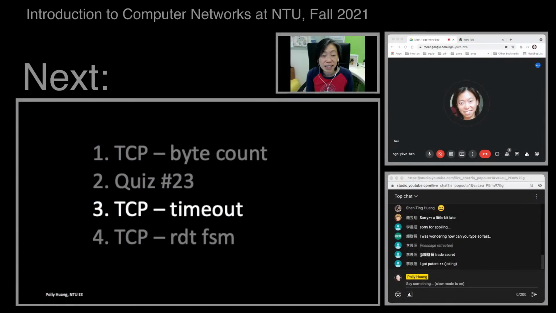Well, we are set up to talk about the finite state machine, but there's something else I want to talk about before the finite state machine, which is the timeout interval. If you recall in RDT 3.0, in order to address the issue that a packet can be lost entirely, so you don't get to do the checksum and see if there's an error bit and send NAK, because you don't get it at all. So at the sender side, there's a mechanism.